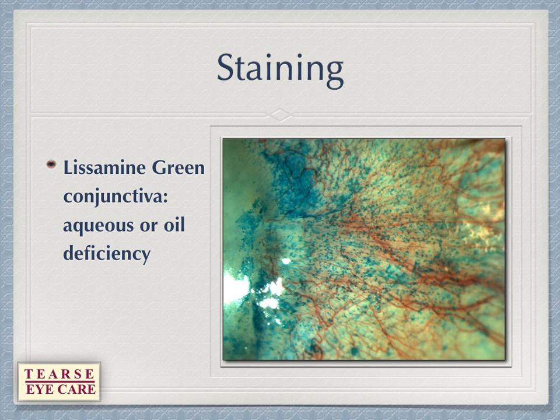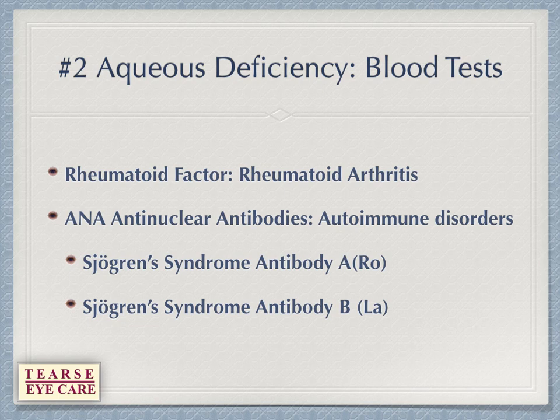When we do diagnosis, I find that we often have people with very dry eyes, and we use lissamine green to find the staining. Also for diagnosis, we're going to ask you to get some blood tests. These include the rheumatoid arthritis factor and ANA, which is anti-nuclear antibodies. This is looking for autoimmune disorders, including Sjogren's syndrome,